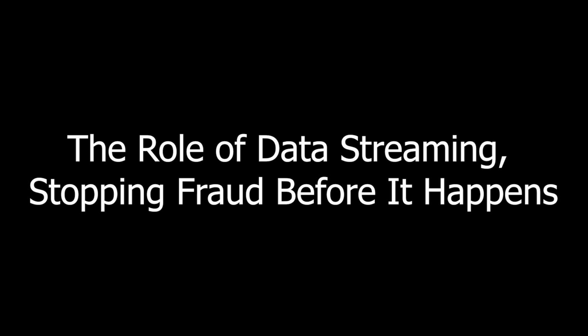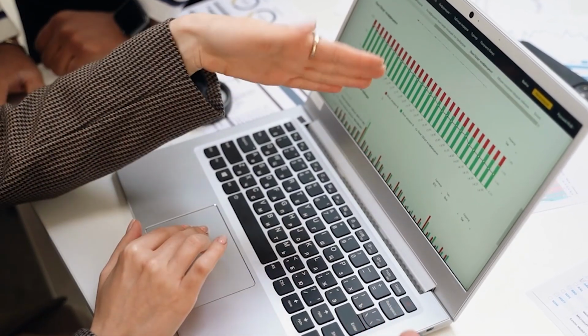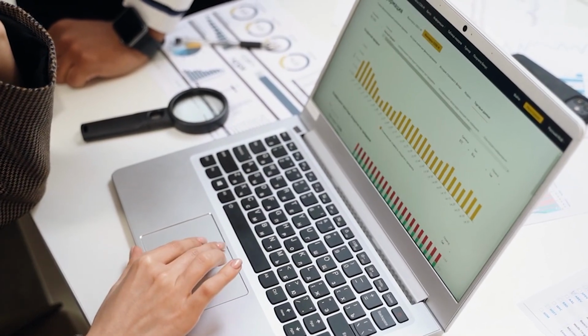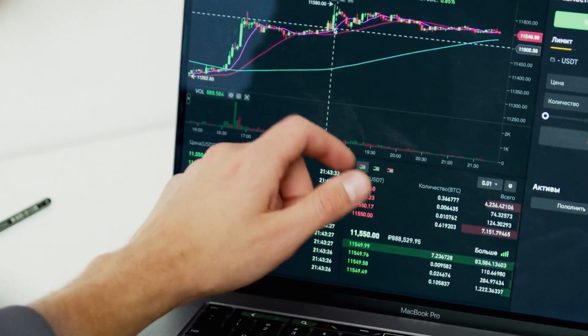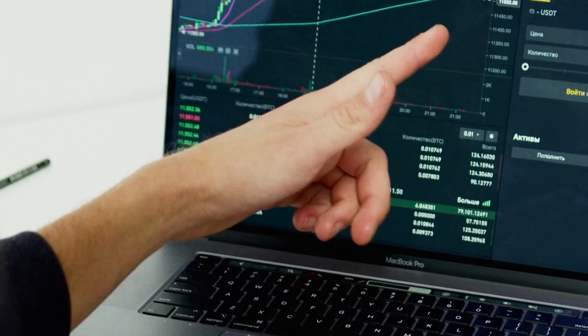The role of data streaming, stopping fraud before it happens. Fraud detection is no longer about reacting after the damage is done. It's about prevention, powered by real-time insights. With open source tools like WebSockets and Node.js, businesses can build scalable and efficient fraud detection systems without breaking the